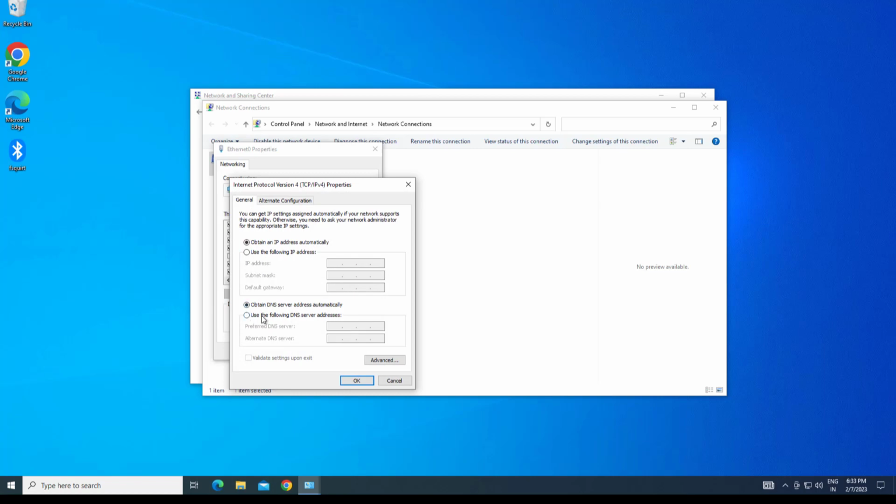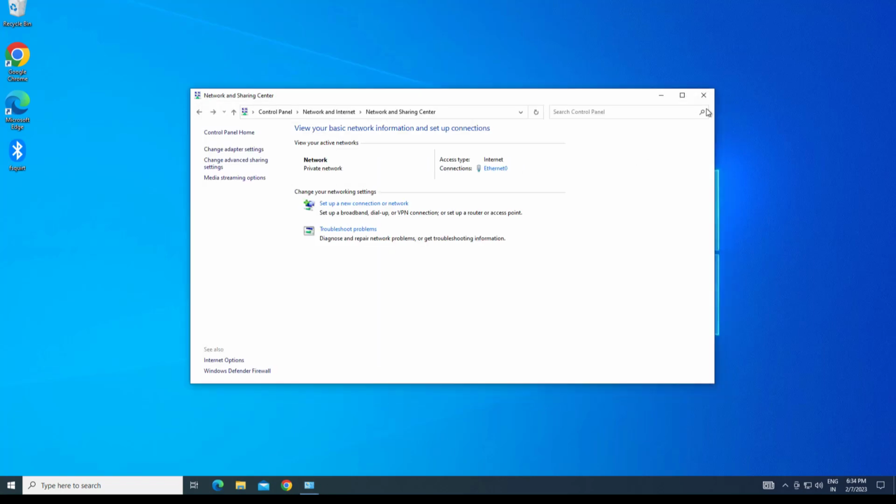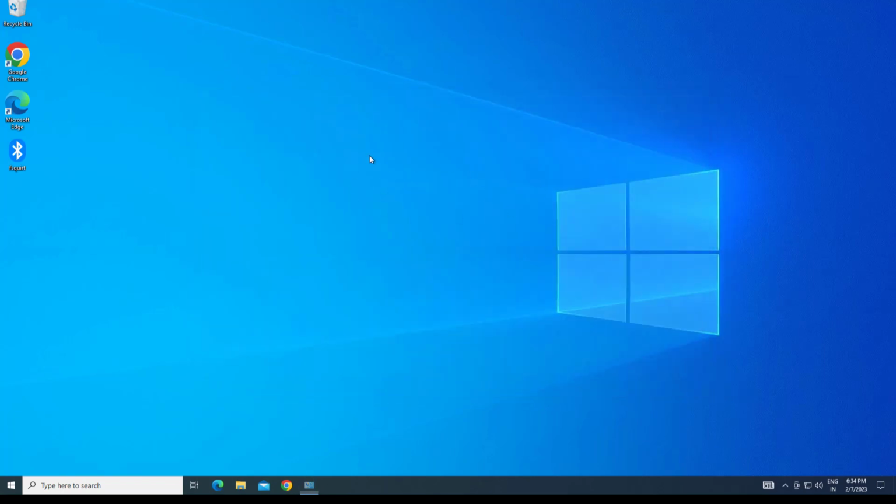Select Use the following DNS server addresses. In preferred DNS type 1.1.1.1. In alternate DNS type 1.0.0.1. Now close the windows and your problem should be fixed. If that didn't work,